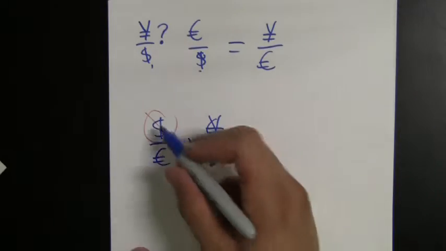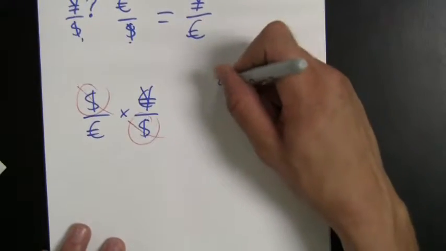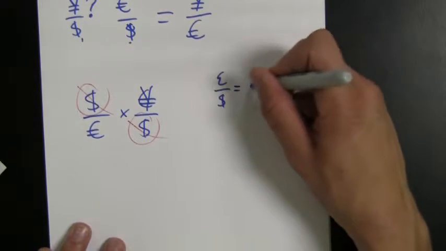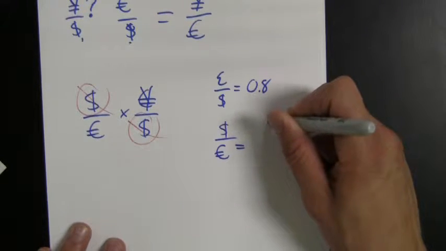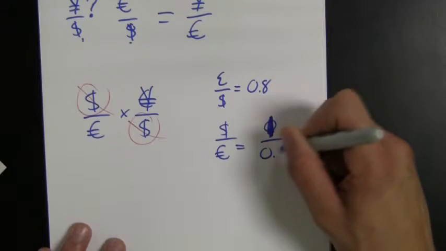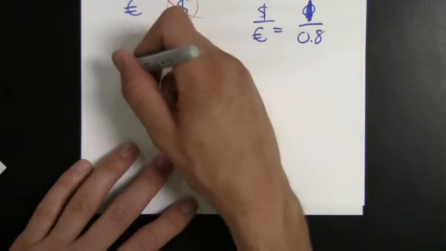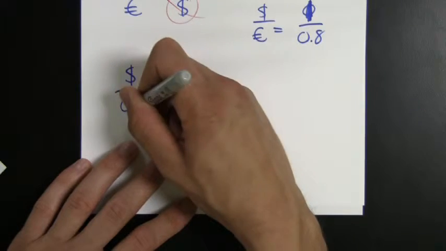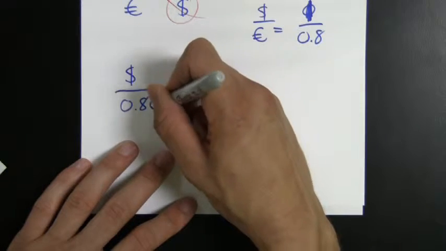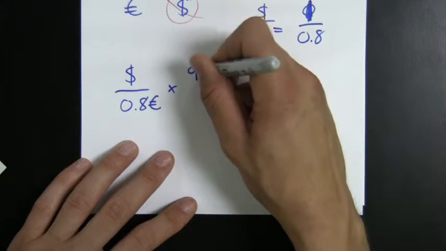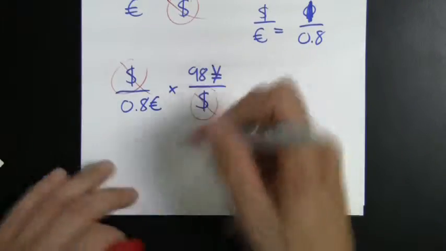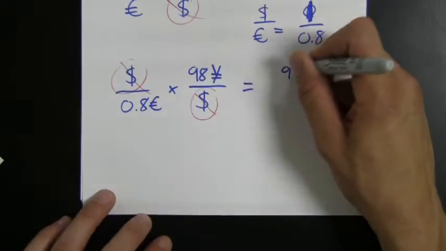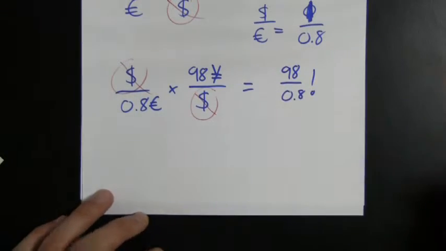So the idea is if your euro-dollar exchange rate is 0.8, then your dollar-euro exchange rate will just be 1 over 0.8. Excellent. So that's how we go about solving that question. Moving on,